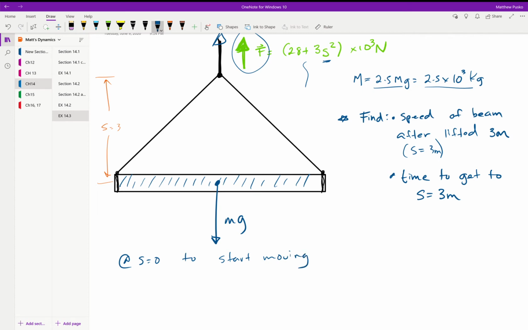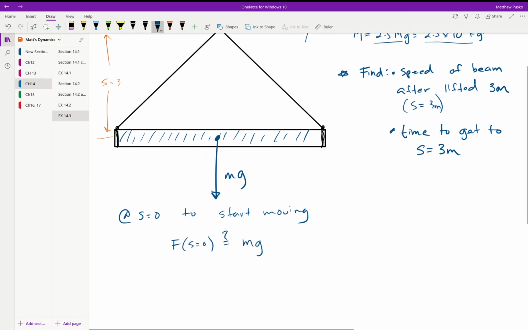In other words, if we compare the force at S equal to 0 by plugging in 0, how does that compare to mass times gravity of the beam, or the weight? We get a force of 28 times 10 to the third newtons, and the weight ends up equaling